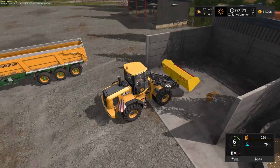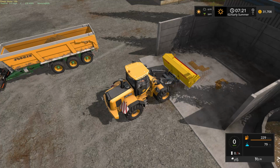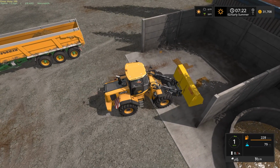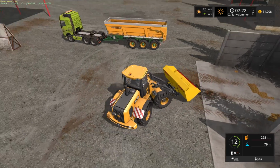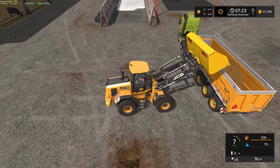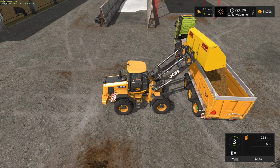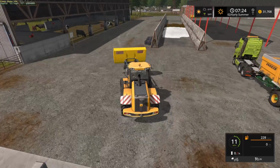And I'm not going to get all of the manure out of there, so how much is left? Hasn't updated yet. But we'll get what we can. We don't need all of it, obviously. Not that much matters. All 79 liters of this. It's not even worth it, but it's in there now. And we'll bring this right on over here,